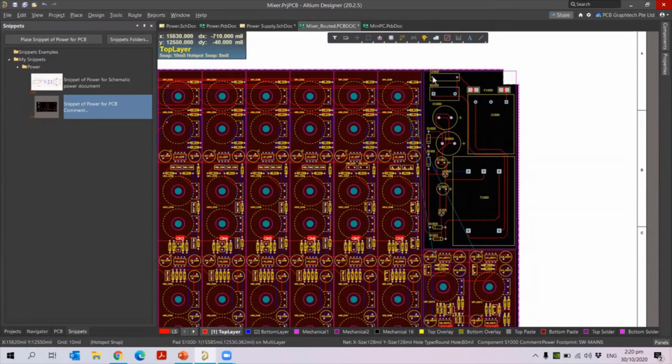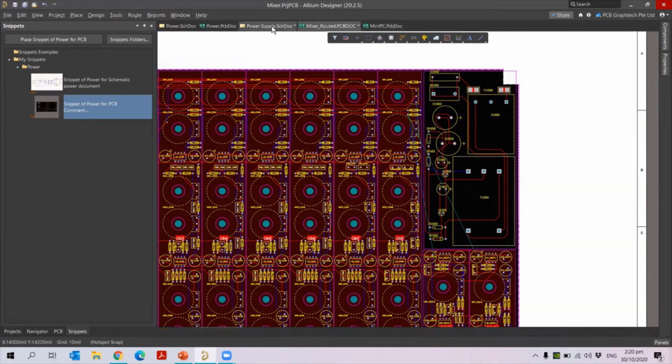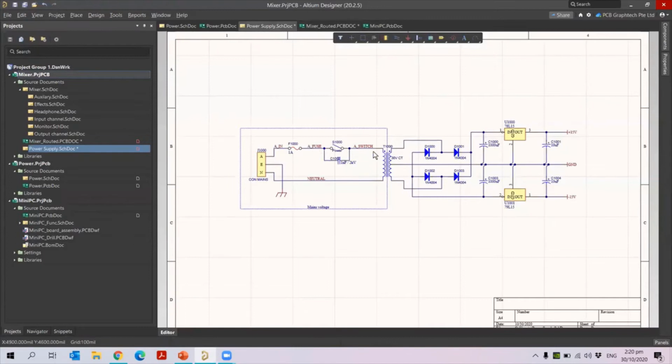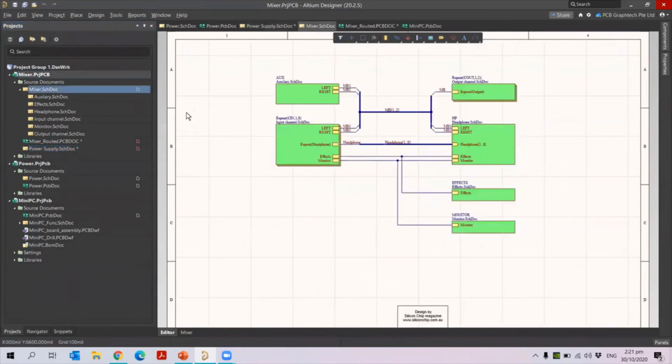Once you have placed it, you will see the designators. Here I have C starting with 1000, some of the IDs. Same thing I have in my other document also, which is starting with the same thousands of designator IDs. So what I need to do is change this, because I need to do the component link of this schematic with my PCB. To do the component link, the first step is to place this in my main sheet. In my main sheet, I don't have this power sheet here. So when I open my main sheet, I don't have this.